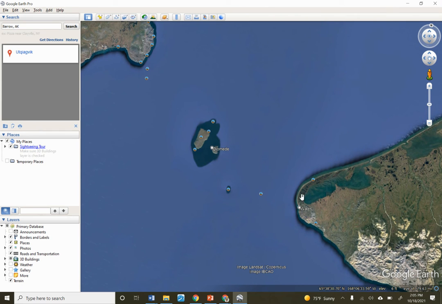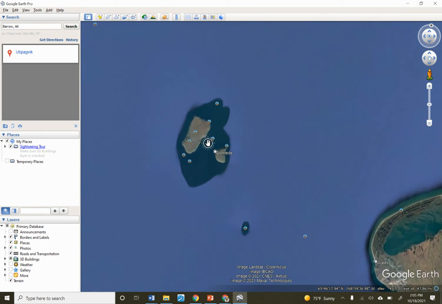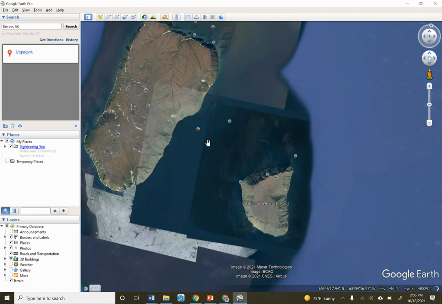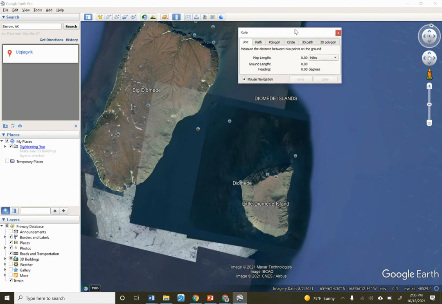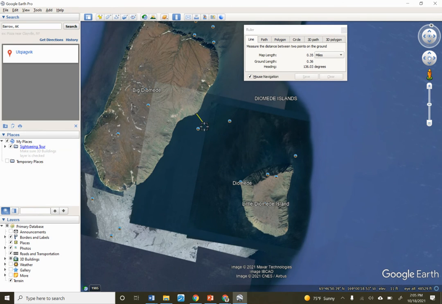This one belongs to Alaska, so it belongs to the United States. So that's how close the United States and Russia is right there. I can pull this up and move it out of the way, and you can do a little bit of a measurement, and you can see it's just a little over 2 miles. Do y'all see that up here? So just a little over 2 miles between those two islands.